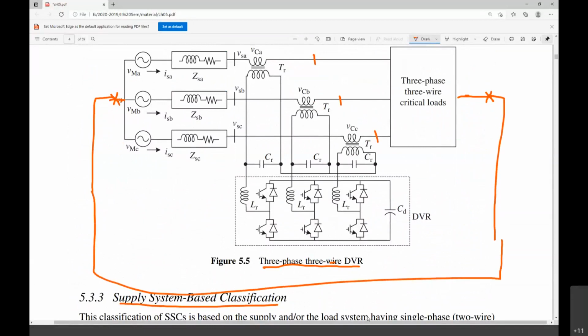In that case, we cannot make use of this three-leg topology. Why? Because we cannot avoid this neutral voltage. I mean, we cannot resolve the unbalanced voltage side. For that, we require a neutral connection also. So what we are going to use is a three-phase, four-leg based topology. I am just making out the connection. How does it look like?